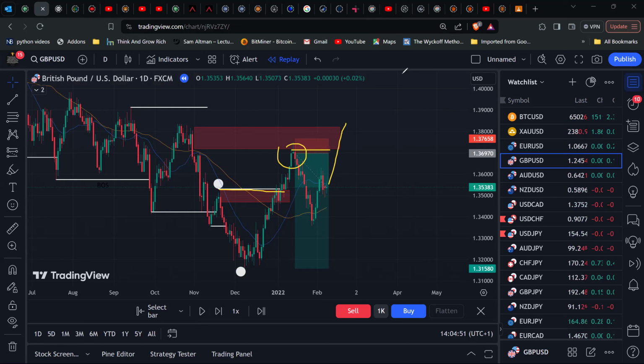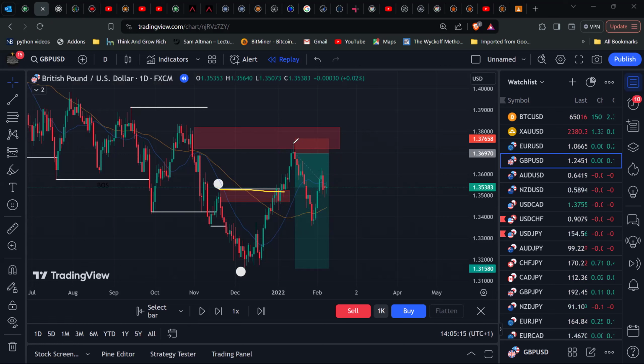At this point, if we break up again, then I would no longer look for sell opportunities. Instead, I would look for buy opportunities. I don't know if that makes sense. We broke up once, and I'm still interested in selling. I actually look to sell from here, and price is going my way. Certainly, I would have taken partial profits. I have my own ways of taking partial profit, but I would have taken partial profit and just allowed the